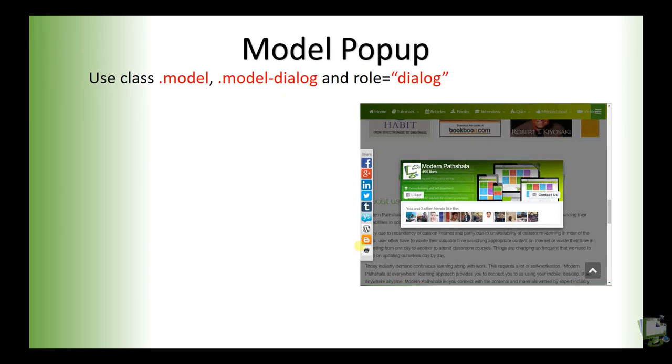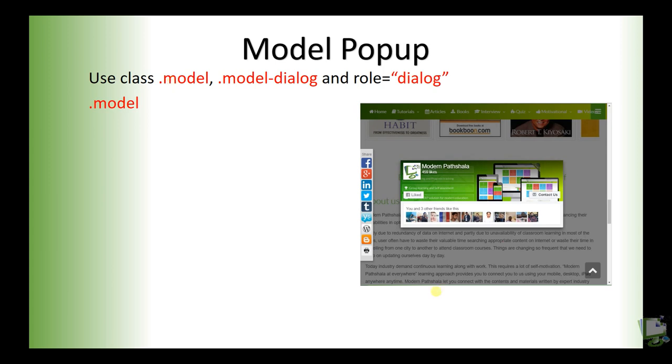Modal dialogs are used to display a pop-up window on top of the page. On most sites you might have noticed that after a few seconds of page load, an additional pop-up window is displayed on top of the page and asks you to provide some information or to subscribe to the site. Bootstrap provides a responsive modal dialog, and we can create one using Bootstrap classes.